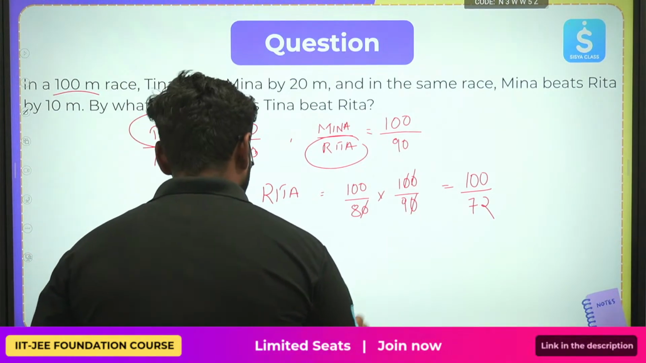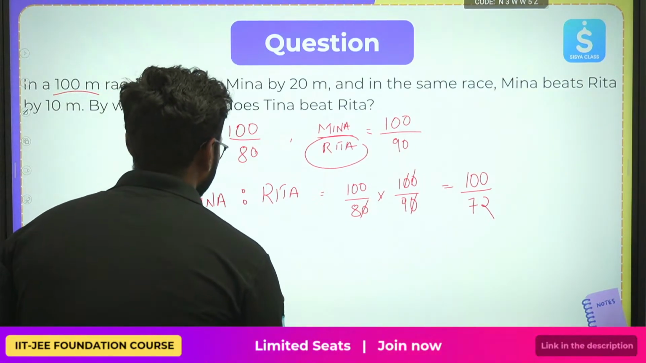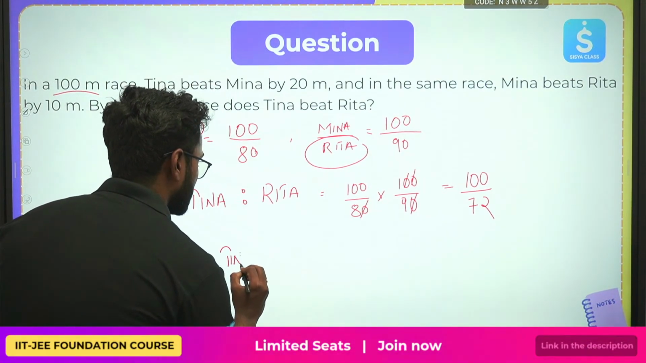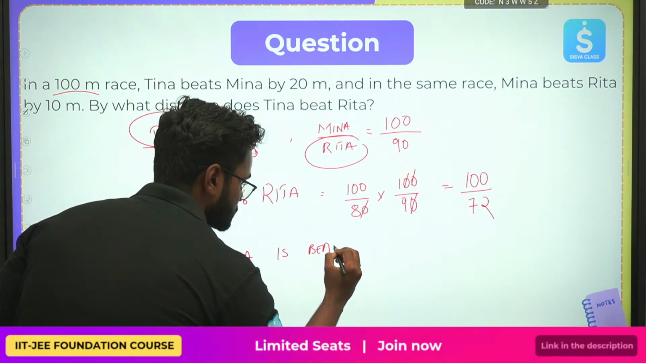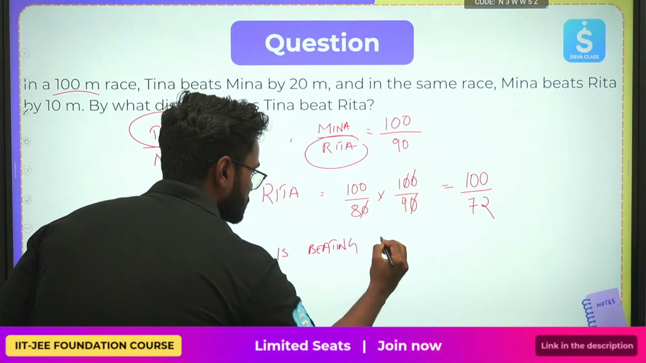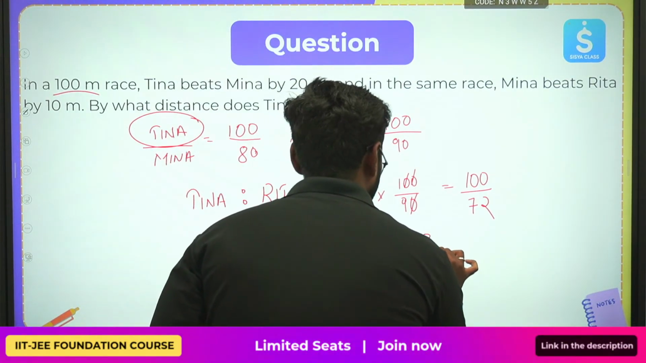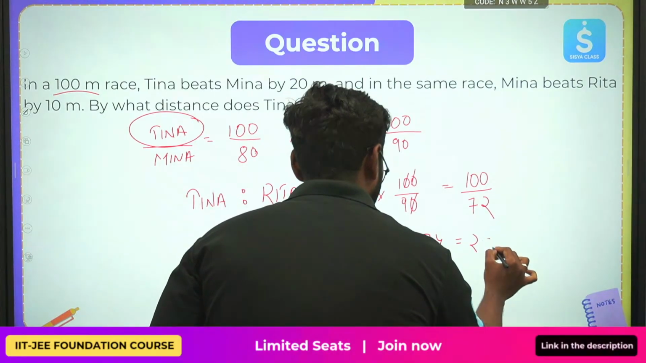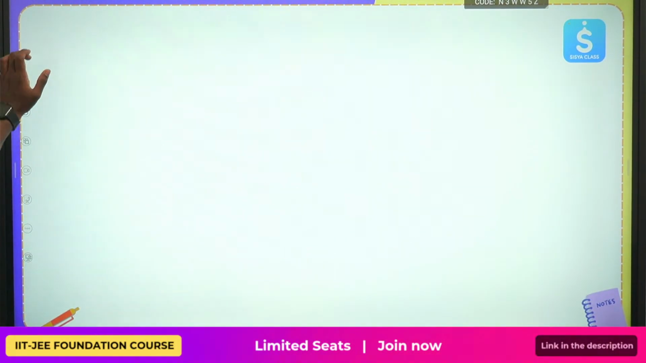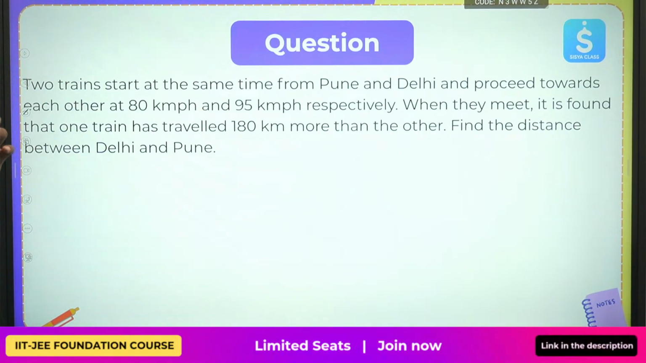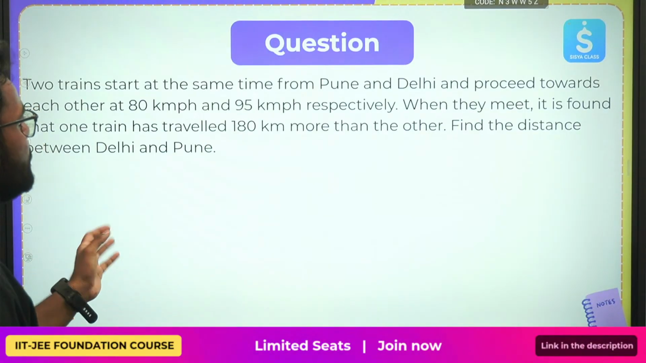So if Tina is completing 100 meters, Rita is completing 72 meters. So Tina is beating Rita by how much? 28 meters. Hope you understood this sum. Chalo, let's continue. Okay. Now, two trains start at the same time from Pune and Delhi and proceed towards each